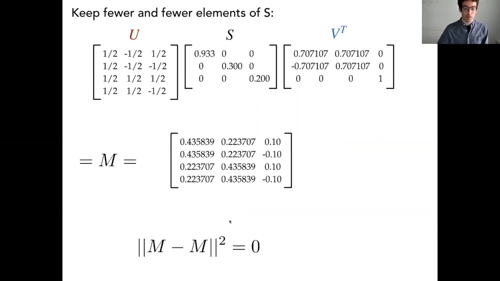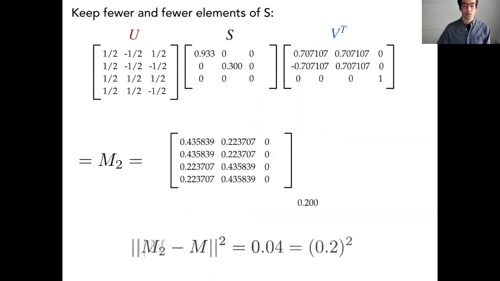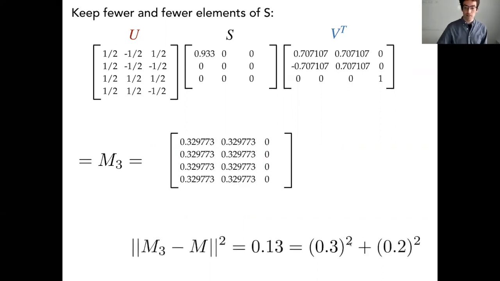And I'll show you the matrix that results as you do this. And I'll show you the difference from that matrix to the original one, the distance. So throw away the smallest singular value and you make an error, and it turns out to be the square of the smallest singular value. And then throw away the next one, and that turns out to be the sum of squares of the singular values that you've thrown away. So you get an approximation, and you get to know how well you're doing as you're throwing these away.